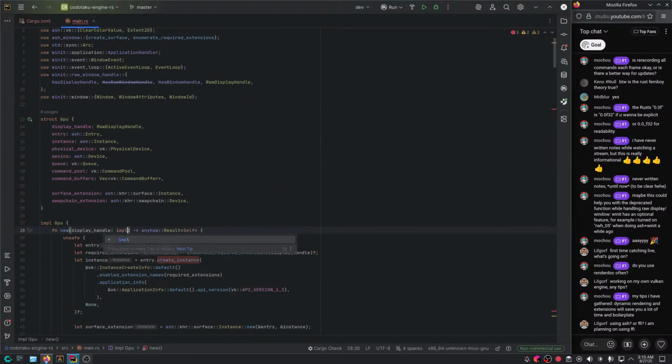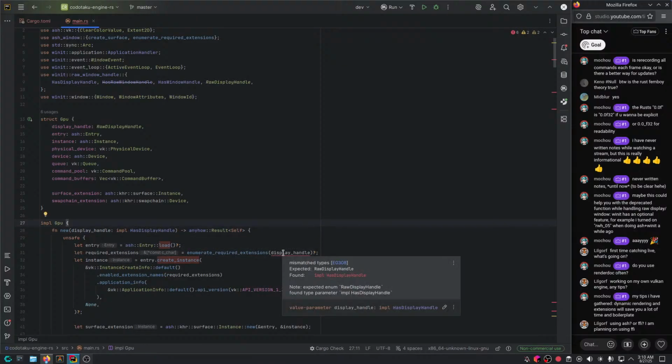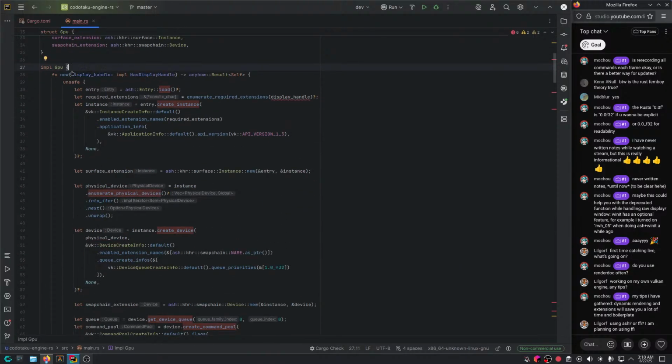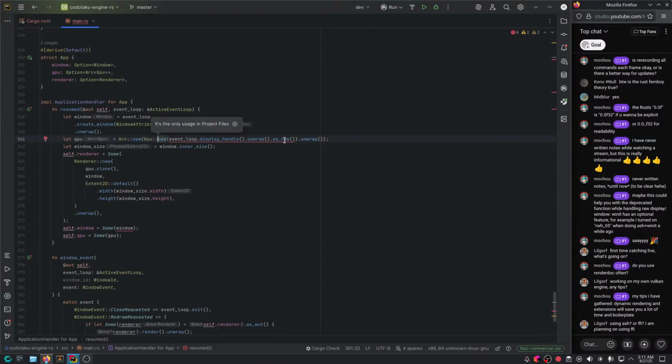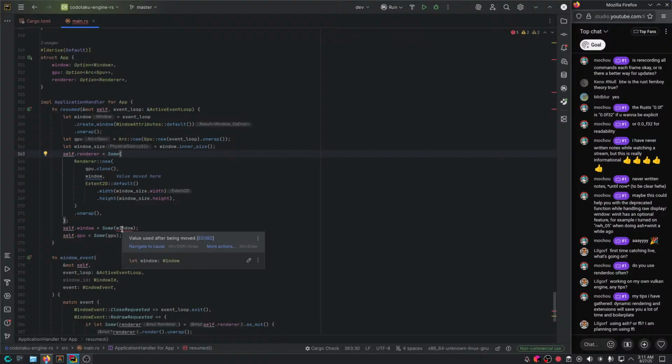I believe implement HasDisplayHandle, if I remember. And what's next? Expected enum. Now where we're using this, we're using it here. Now we don't need all this crap. I think you could just pass an event loop, as you can see here. And what else?